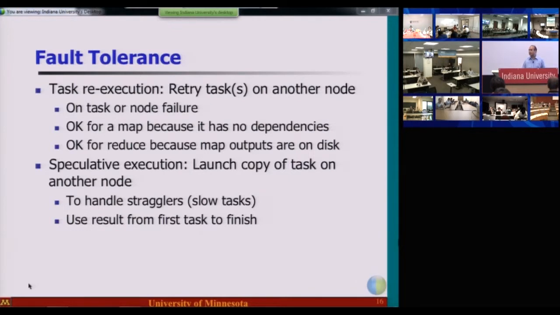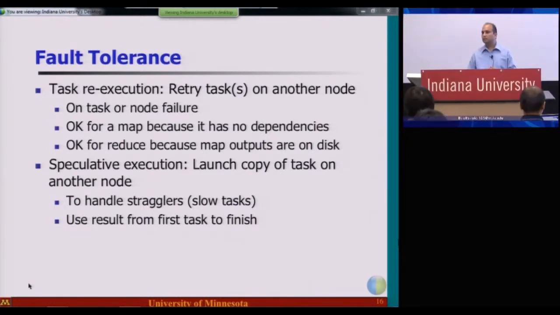The basic mechanism that MapReduce provides is to re-execute the task. A basic assumption made with any MapReduce application is that the operations are idempotent and can be repeated without any side effects. So you can re-execute either a mapper or a reducer if it fails. If a mapper fails, that's fine because you can simply use the input data on another machine and re-execute the mapper there. So there are no dependencies for the mapper.